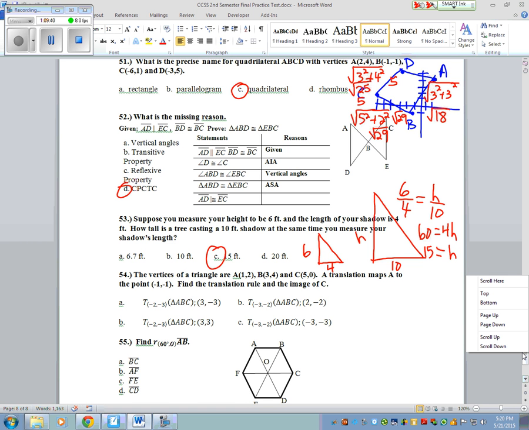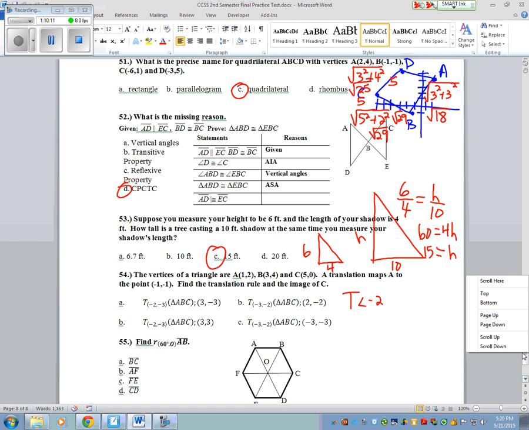All right, 54, the vertices of a triangle are A(1, 2), B(3, 4), and C(5, 0). Translation maps A to the point -1, -1. Find the translation rule and the image of C. Okay, so translation rule is going to be just how far am I moving from A to this point. So from 1, I move 2 units left to get to -1, right? Yeah, because you gotta go back to it. Yes. And so it's going to be T